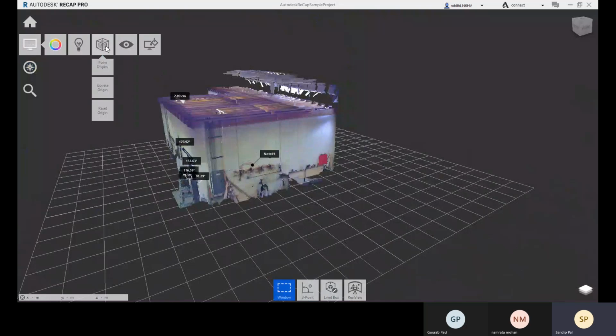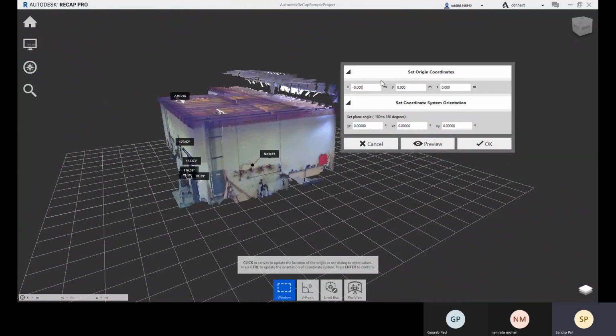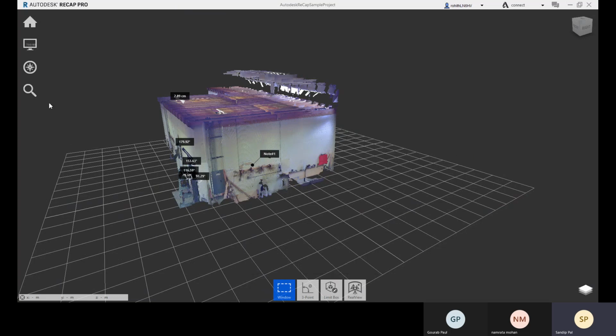Now let me show you about the origin. So go for this update origin, and there this set as origin, 0, 0 and 0. So you can set your origin to any other location. Let me click on that.